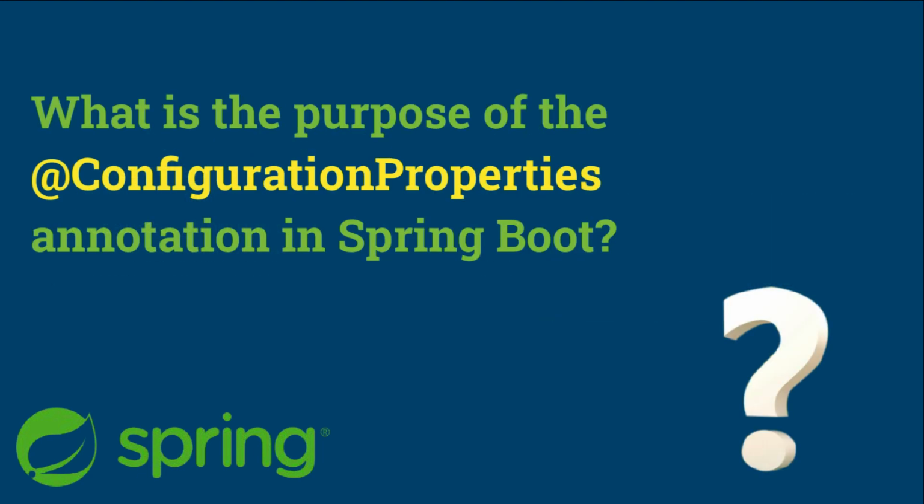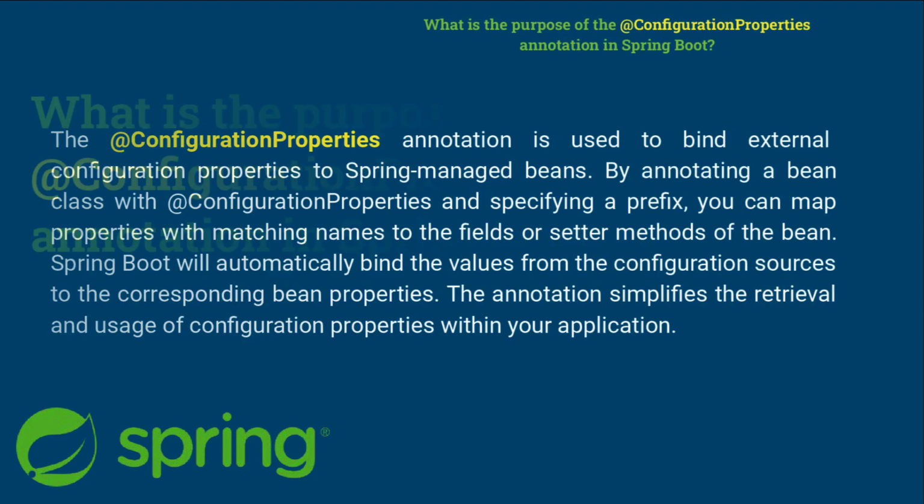What is the purpose of the @ConfigurationProperties annotation in Spring Boot? The @ConfigurationProperties annotation is used to bind external configuration properties to Spring managed beans. By annotating a bean class with @ConfigurationProperties and specifying a prefix, you can map properties with matching names to